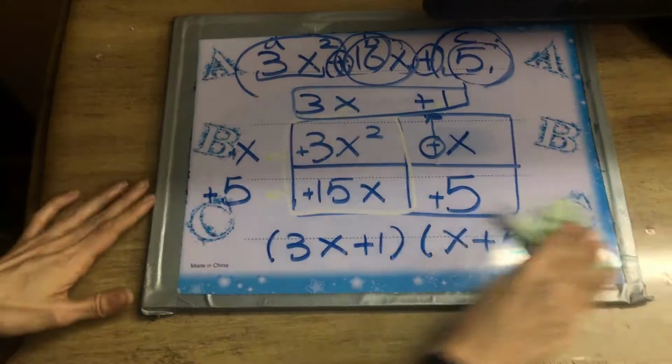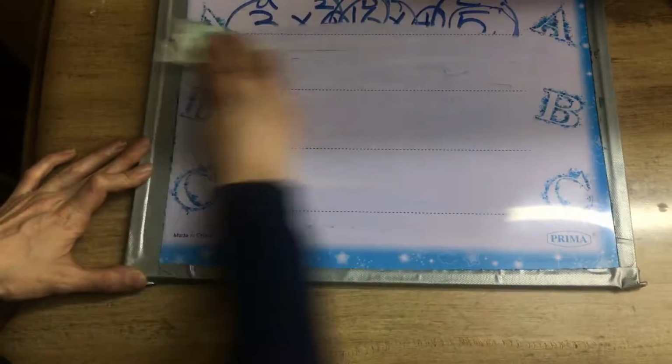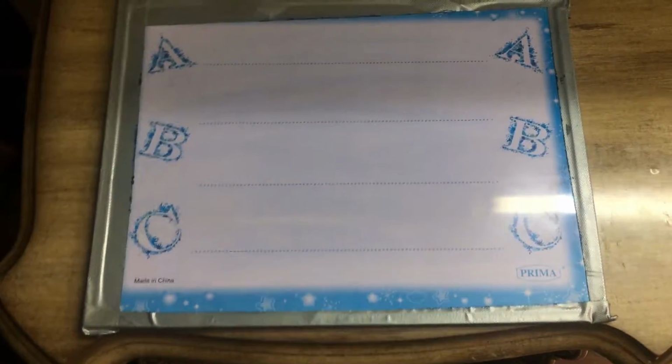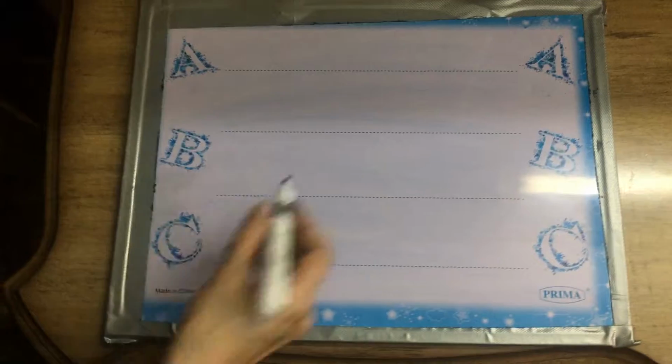Now, let's do another one. Another example. 12